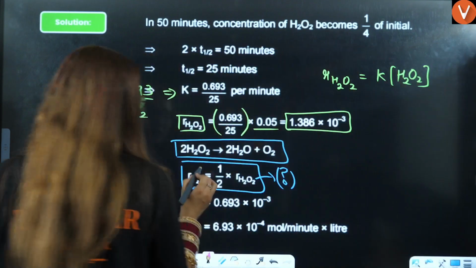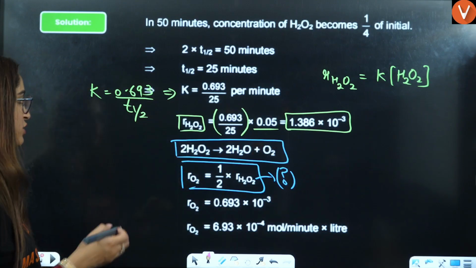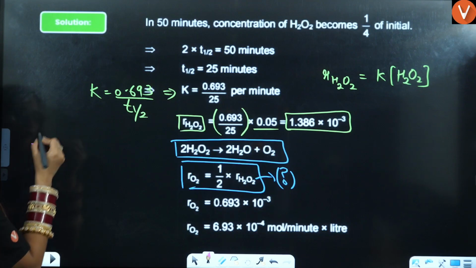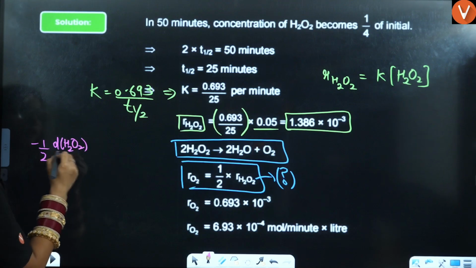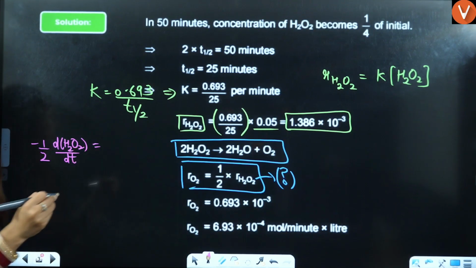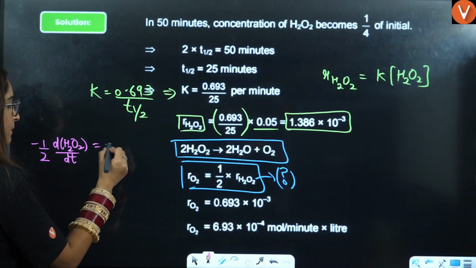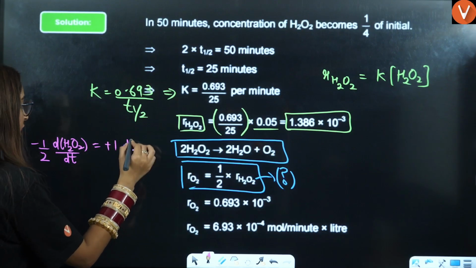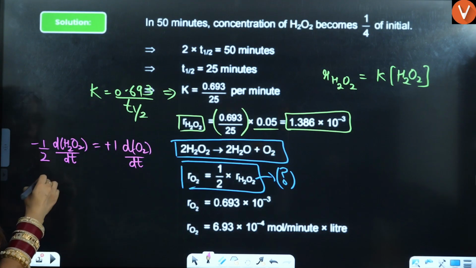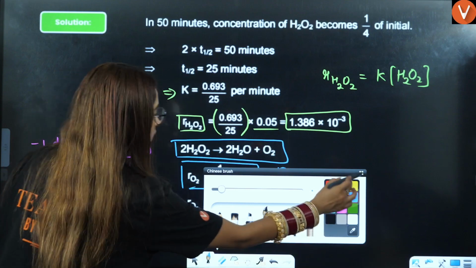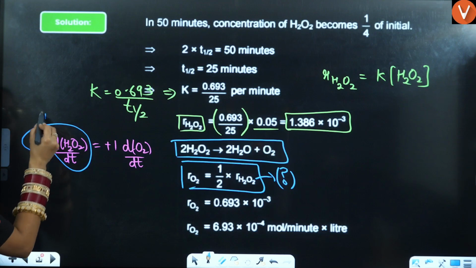Now, beta, if you focus on this, this is H2O2. Talking about the rate of reaction in terms of H2O2, that will be minus half of the disappearance of H2O2 divided by dt. Okay? Because it is getting disappeared. Right? In terms of O2, it will be plus 1 divided by 1, d of O2 divided by dt. Right? So it will turn out to be, if you see this thing here, this is nothing but the rate of